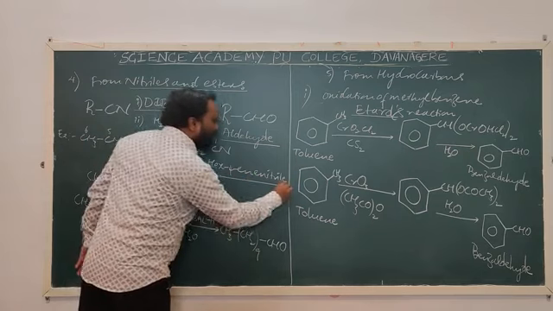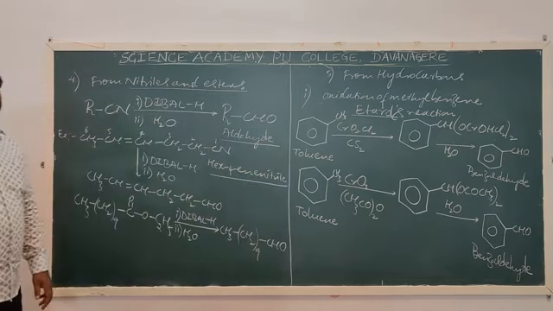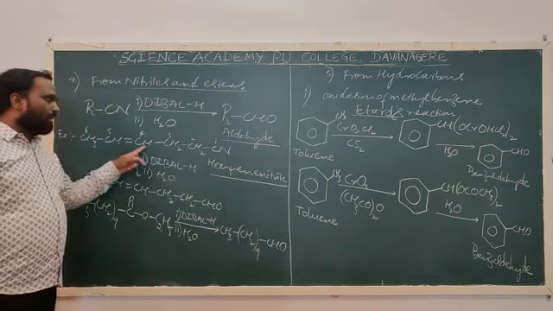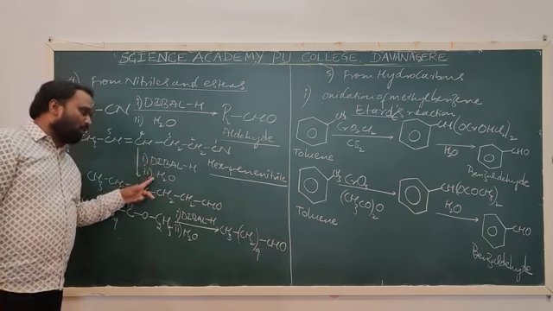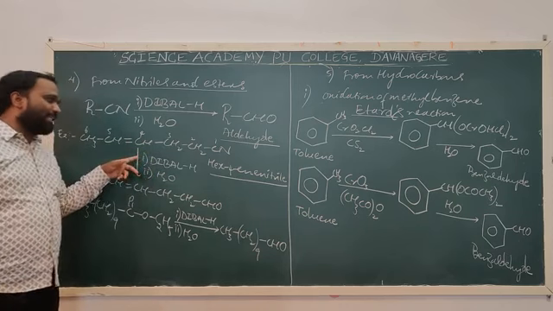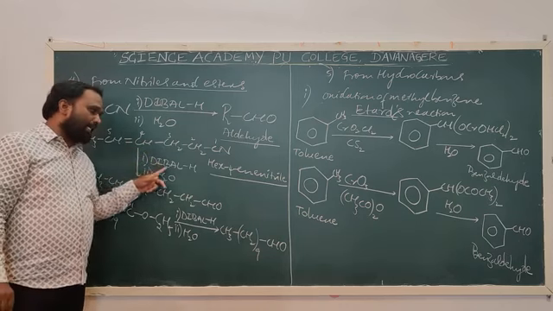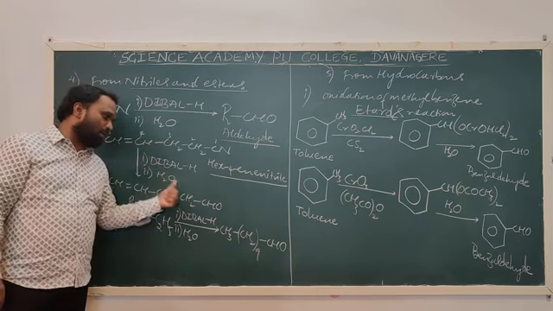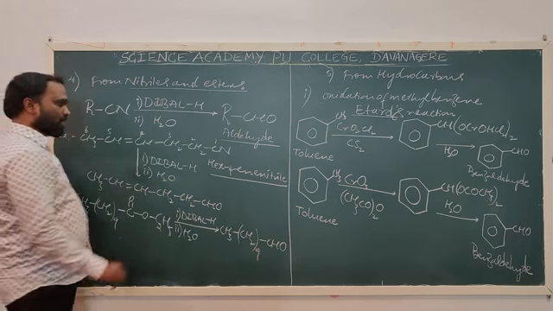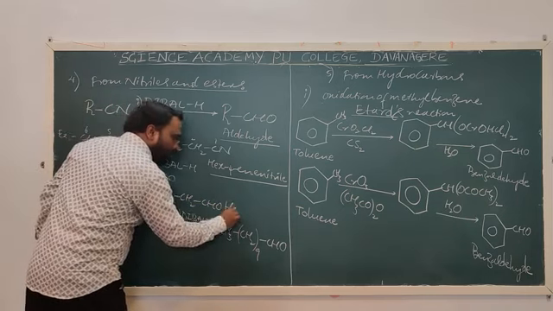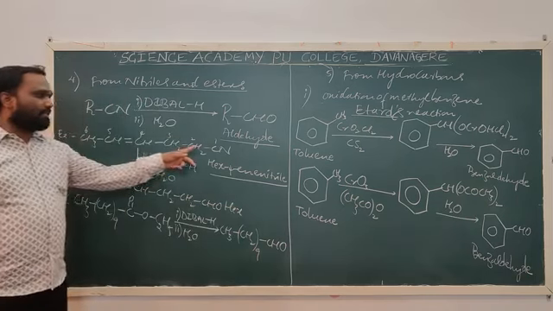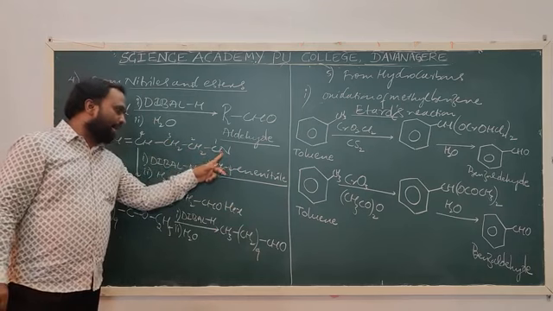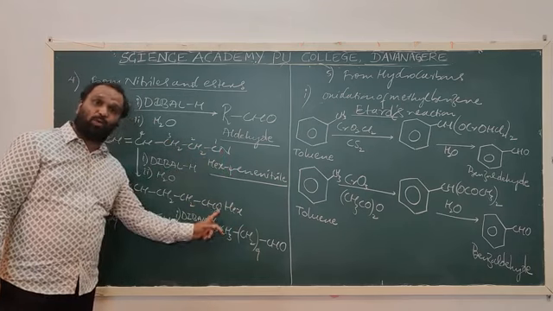So hex-4-enenitrile is the compound. When this compound undergoes reduction in presence of diisobutyl aluminium hydride followed by hydrolysis, it gives hex-